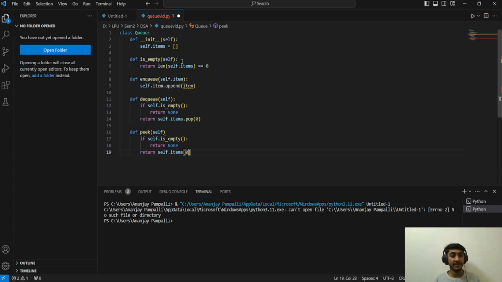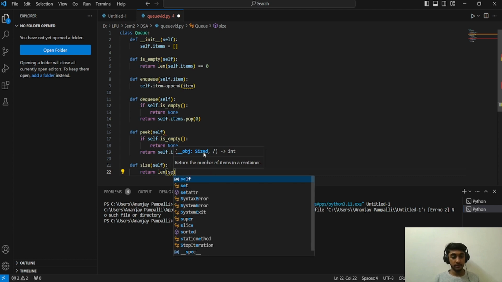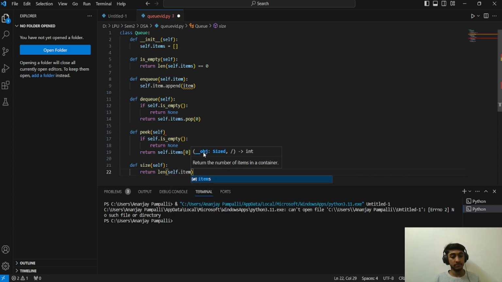So here is also the same as DQ. If there is nothing inside the list, then it returns none. And if there's something inside the list, then the list of items will show up. And finally we have the definition of size, return len. So here we return the length of the items, which shows the number of items that are present in the